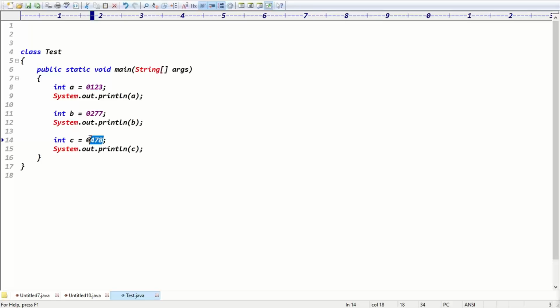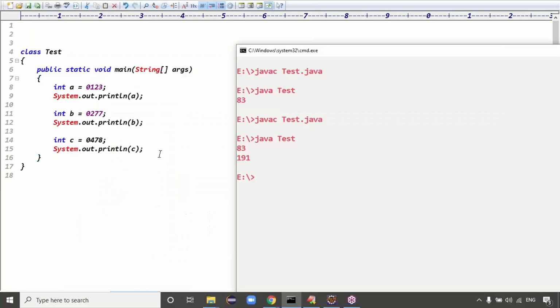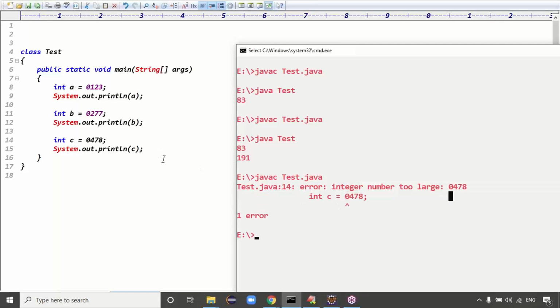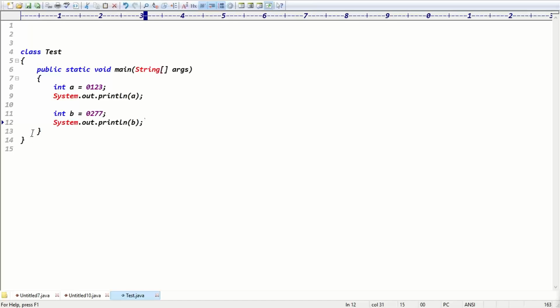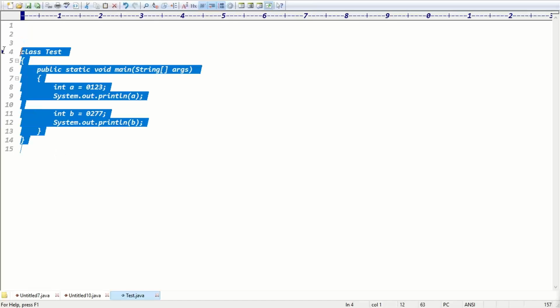But 8 is out of the range. That's why we got an error message. This is not an octal number, guys. You got the error here. So the third one is an error, something like 'integer number is too large'. Because an octal number allows only the values 0 to 7.